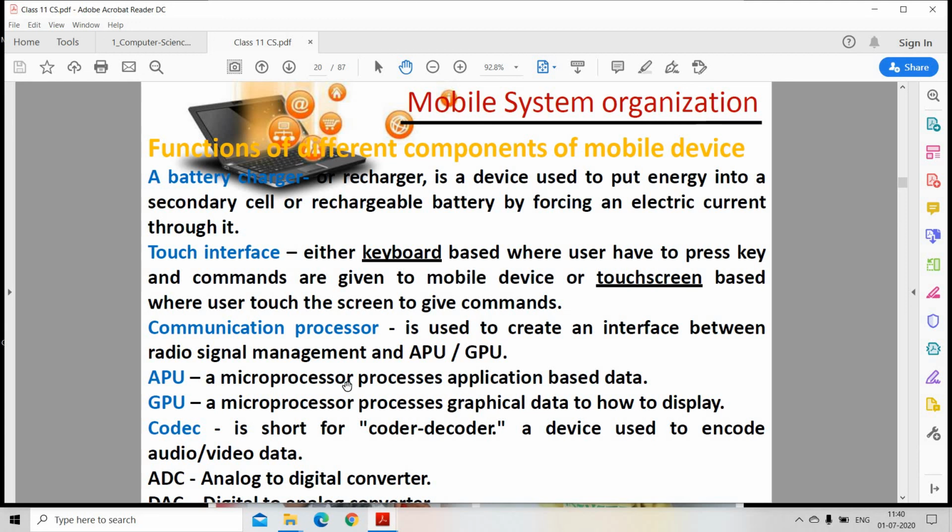Touch interfaces are keyboard based, where user has to press keys and commands are given to mobile device, or touch screen based, where user touches the screen to give commands. Communication processors are of two types, as I told you. It interfaces between radio signal management and APU and GPU. APU is application and GPU is graphical. A microprocessor processes application based data. GPU